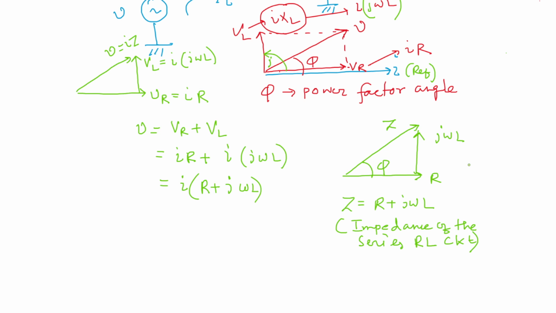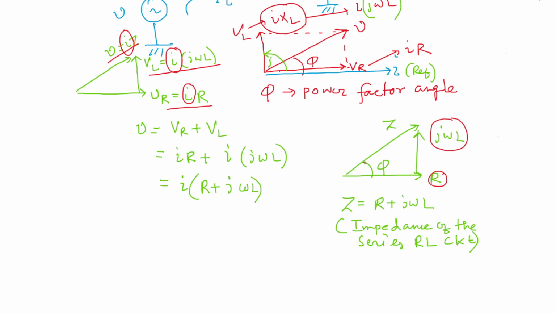Now with respect to each term, V is equal to IZ, VL is equal to IJ omega L, and VR is equal to IR. You see, this I is common everywhere. So if you take out this I, by dividing V by I on both sides, in the x-axis it will only be R, in the y-axis it is only J omega L,